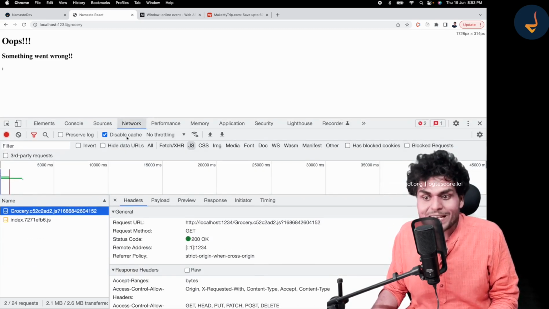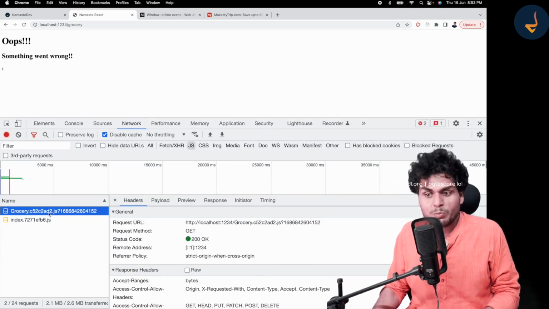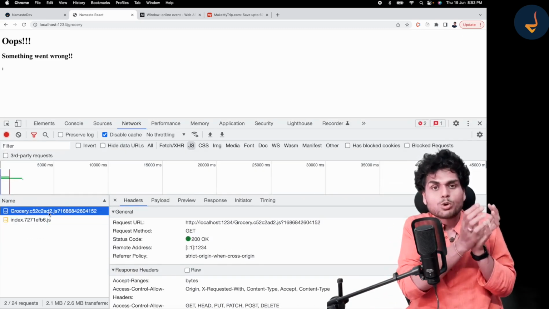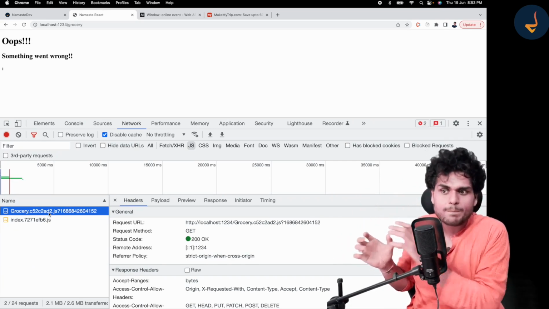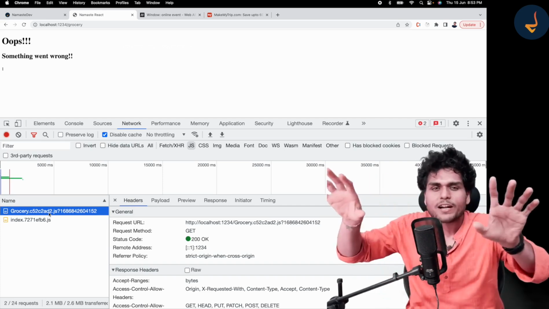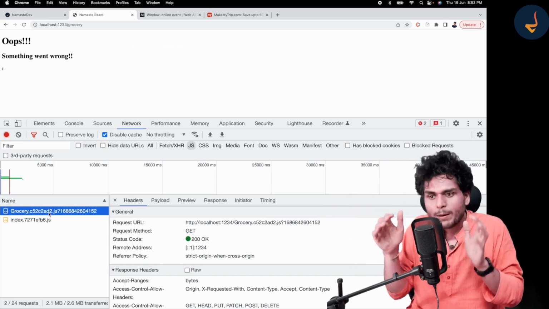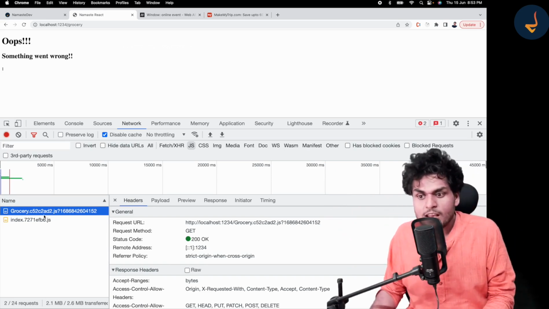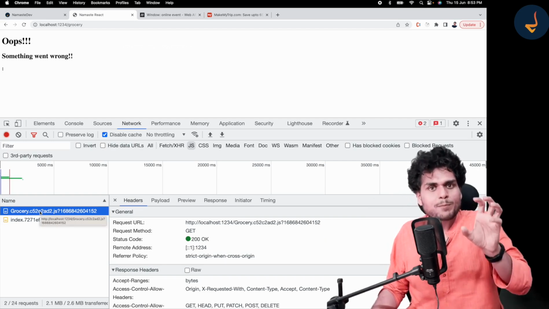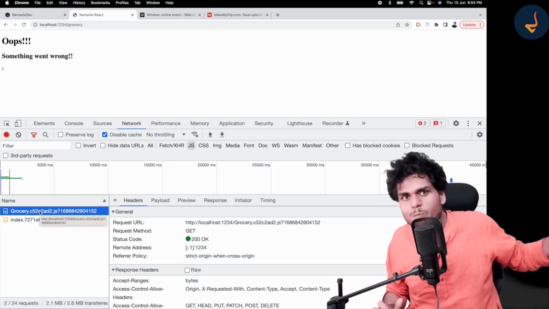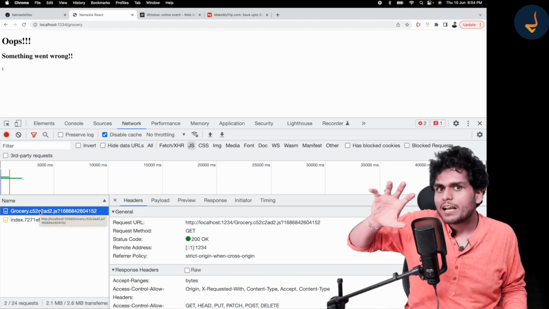So we have now split our components into two JavaScript bundles. Why it is not working is a different case. I'll tell you why. It is expected to not work. But the important thing to note is now the grocery has its own bundle, and our main bundle is separate.